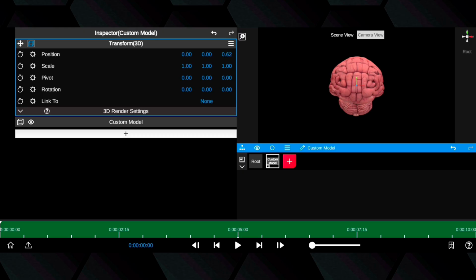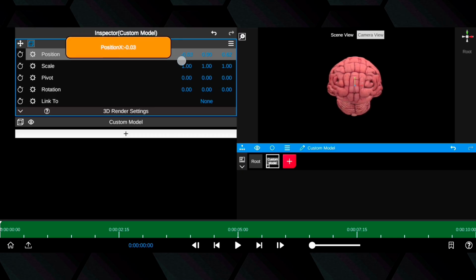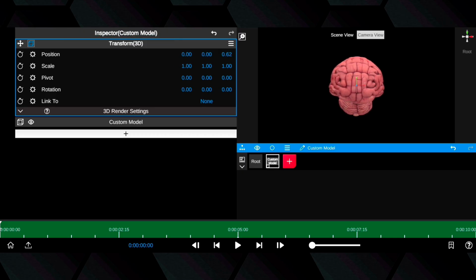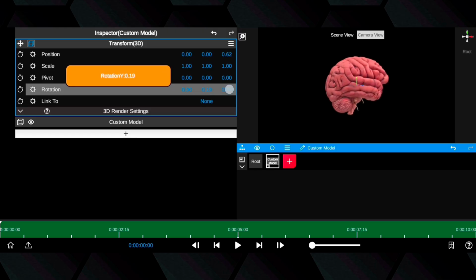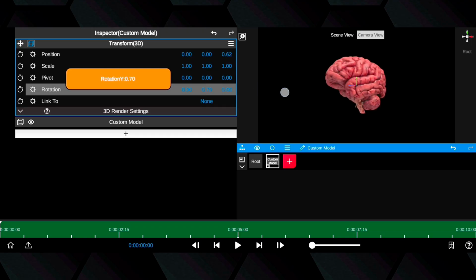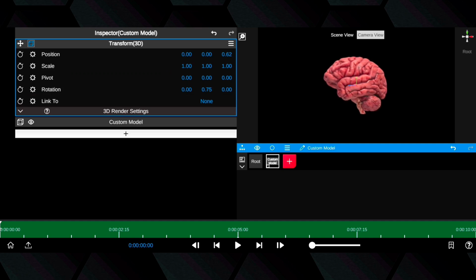First adjust the position of the brain. Just like this, and then